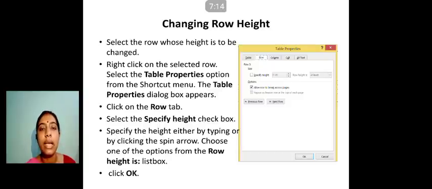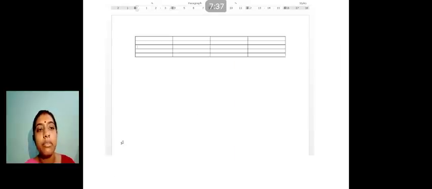So first, to activate it, you have to click on the Specify height checkbox. Then you can scroll that button up or down to increase or decrease the height, means the number. And after your desired change is done, you can click on OK. So how it will be done, let's see.